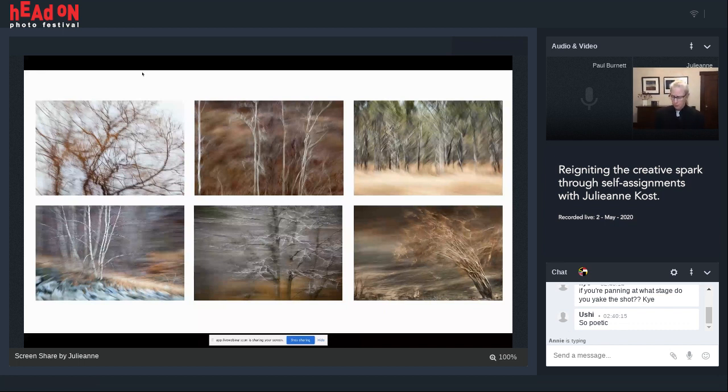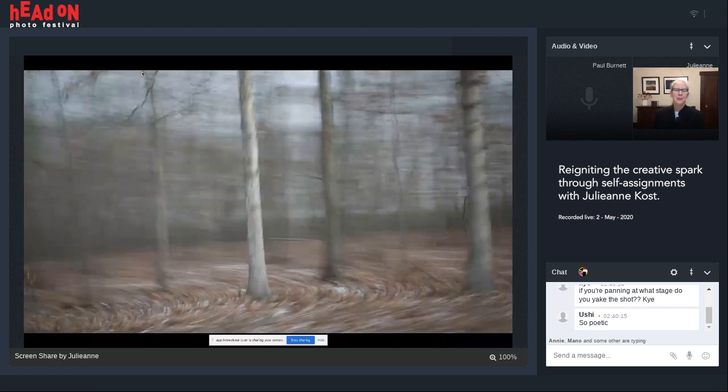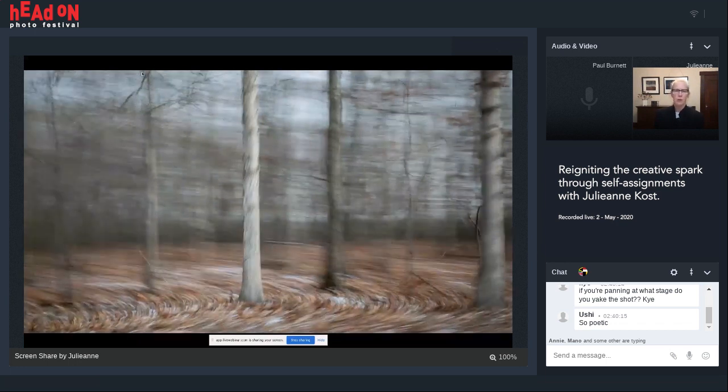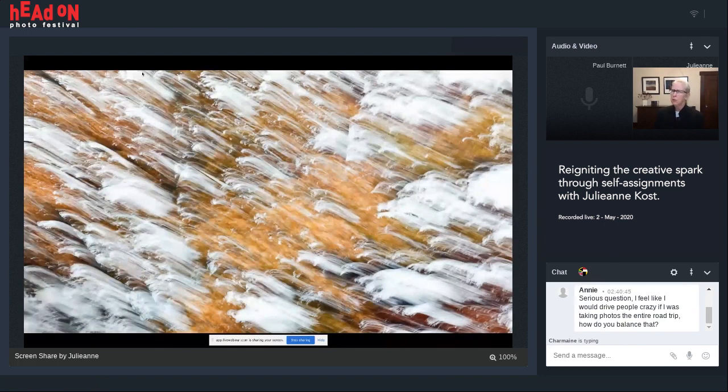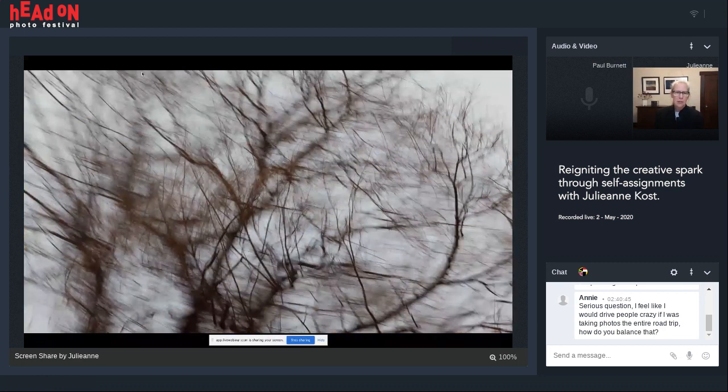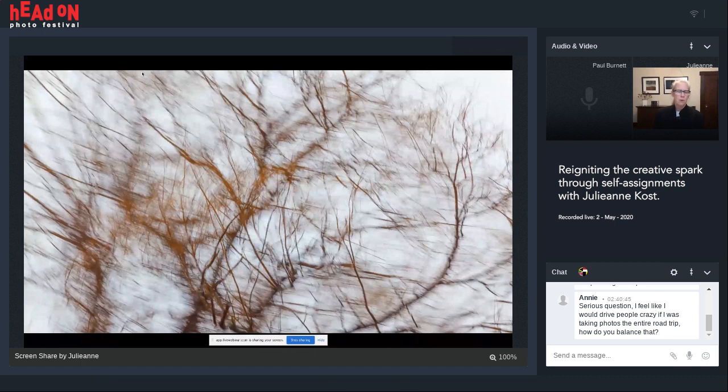So let's just move through a few of the before and afters. I can't tell you how many images, of course, I had to crop and straighten because I wasn't panning exactly level with the ground. A lot of times though, all I needed to do was just add a little bit of contrast, maybe a little bit of saturation, maybe sometimes take some blue out of the sky. In this case, you're shooting up towards the sky. It's amazing how much color is in these branches, but you don't really notice them until you lift up the shadow slider in Lightroom and you expose those shadows a little bit more.